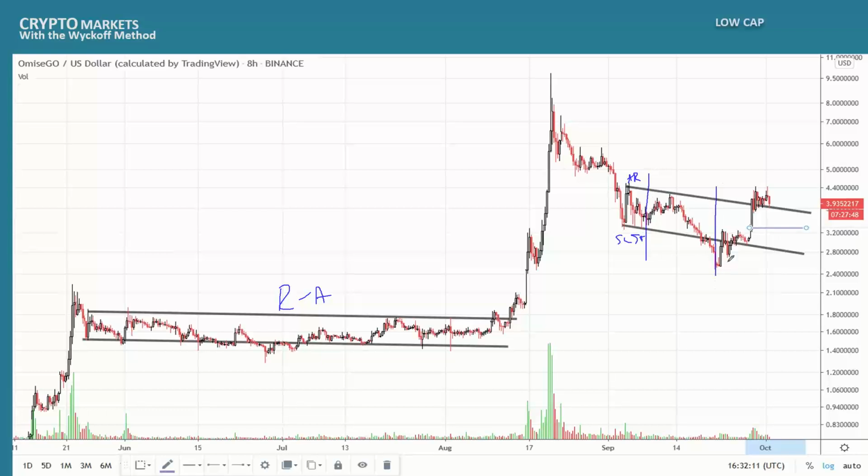So in this structure right now, we see a potential phase C followed by phase D. Now we see some kind of reversal on this chart, so that we could see in the next hour. So basically we could retest at least the support of this big up bar, and that could be still constructive in the long-term